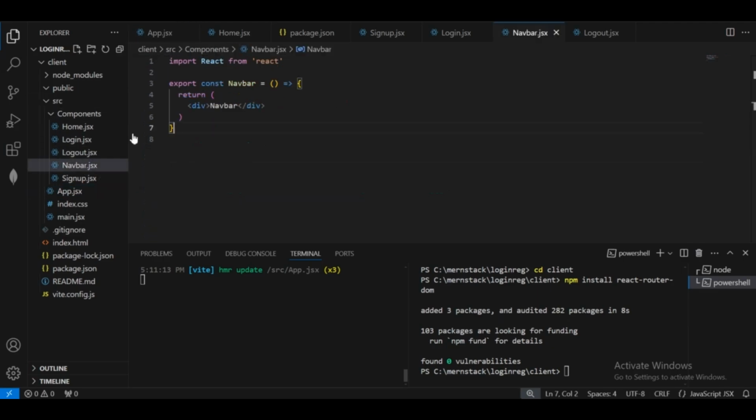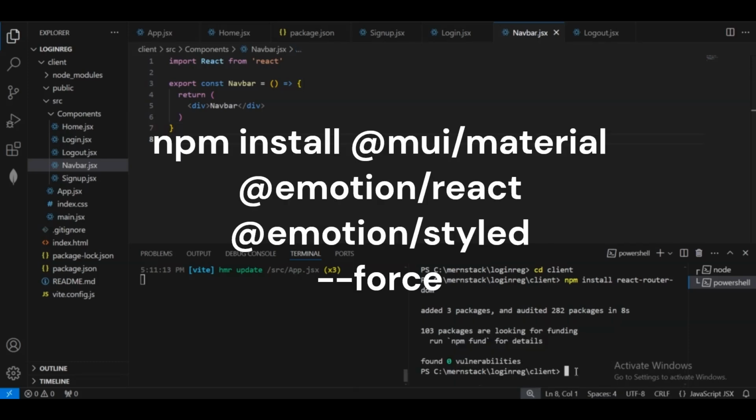Let's go to the navbar. Now I will use the Material UI to create the navbar. For that, at first I have to install the Material UI inside my client folder. I will just paste this command, npm install